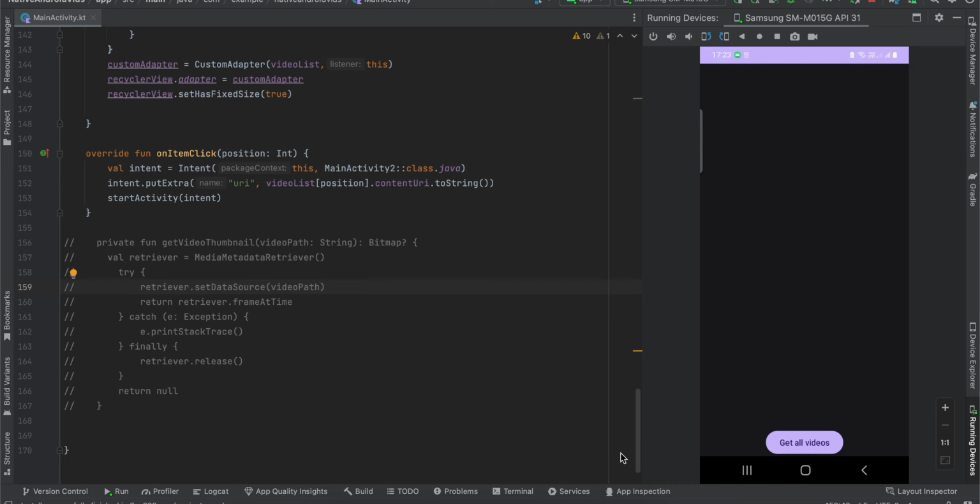In today's video I will show you how to access all the videos which are present inside a user's device, display it inside a recycler view and play it inside ExoPlayer or Media3 library in a native Android application. So let's get started. Firstly, here you can see on my screen I have the app running, and once